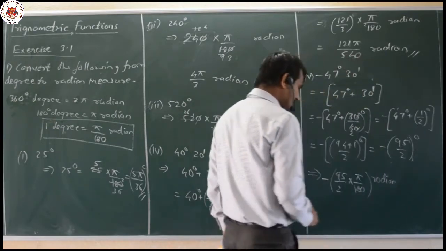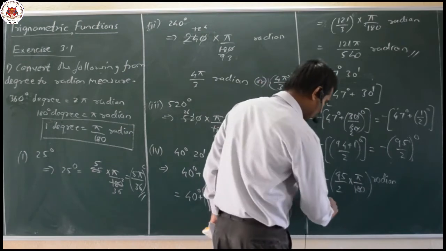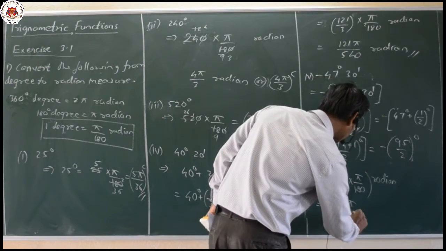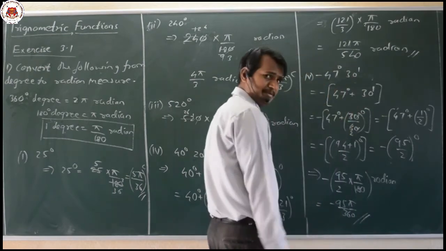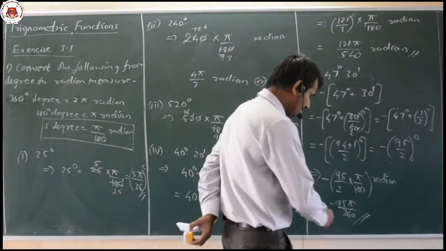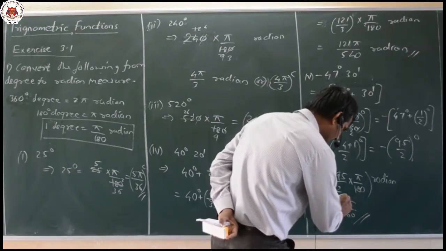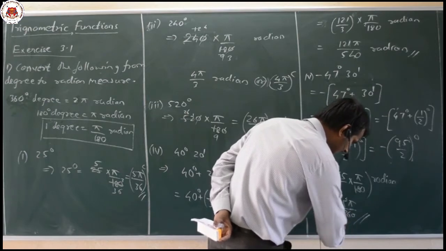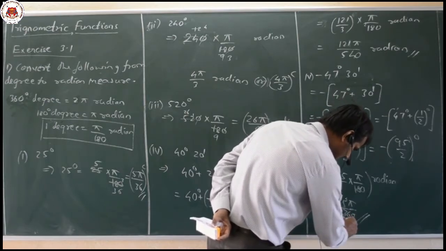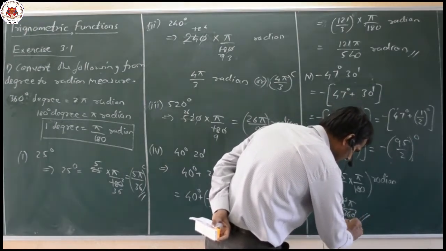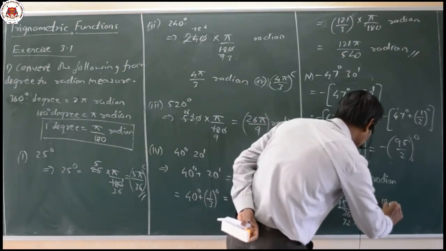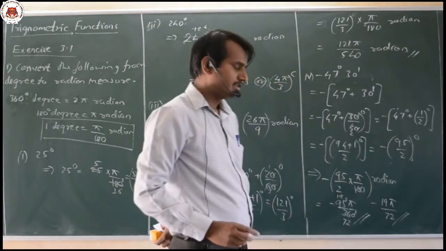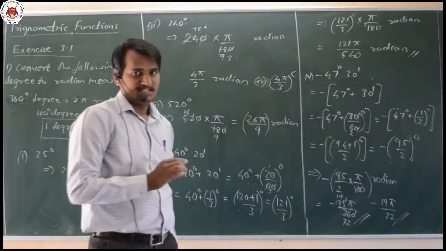Okay, radians. So now what we get here, you can just multiply it. So what is the value? Minus 95 pi divided by 360, or else you can still eliminate further, that is 5. Let's do it. 5 1s are 5, 9 5s are 45 here, then 5 here, 7 5s are 35 here, 5 2s are 10. So what we get here is minus 19 pi divided by 72. That is nothing but our required result here.